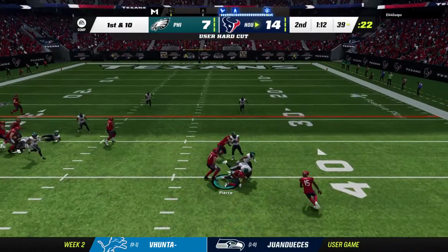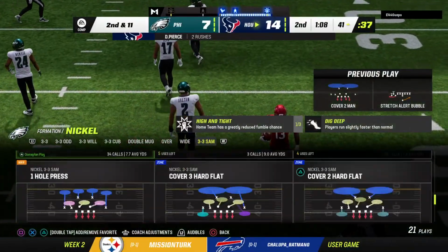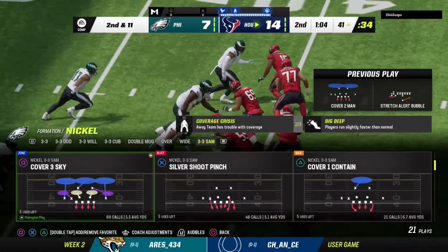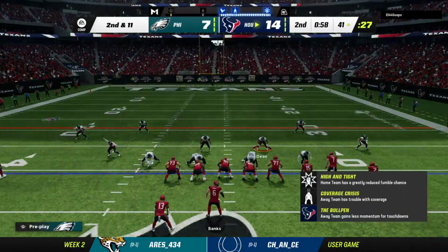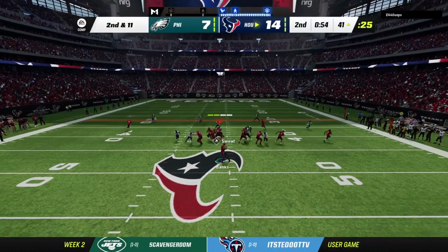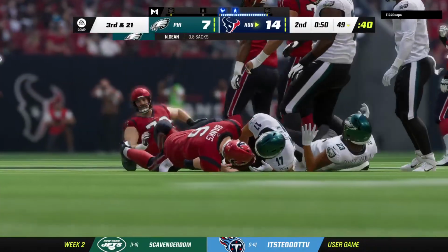1st and 10, it's Pierce. And he is going to lose yardage here. Officially, it's a 1-yard loss. That's going to bring up 2nd and 11. They went with the run-pass option, and I don't know if the option really mattered there because the defense was ready. So many times you put the defense at a disadvantage because you have those multiple options, but when they read their keys...